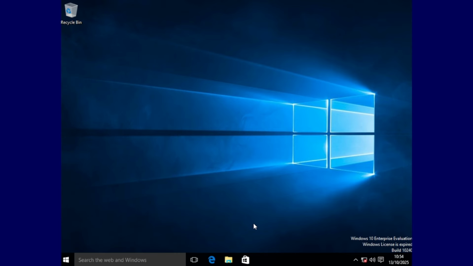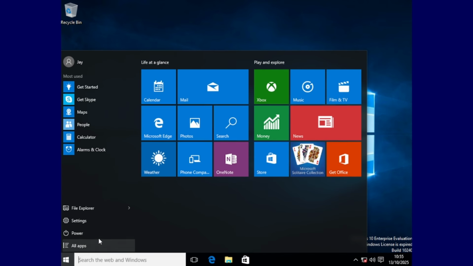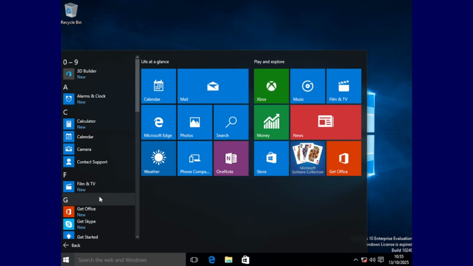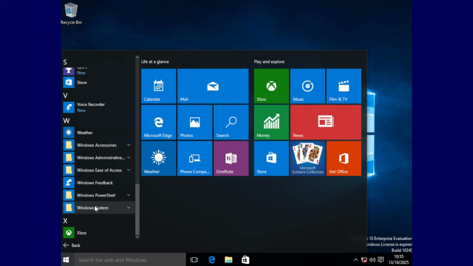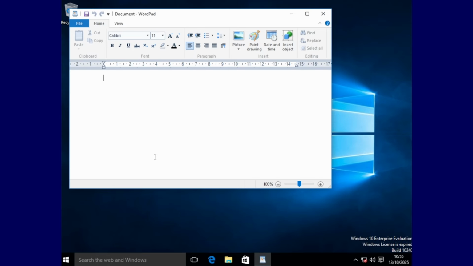Now, unfortunately, this is the first of one of my criticisms of Windows 10 and newer versions of Windows going forward. Because if I wanted to search for a document, you'd think, oh, easy, I'll just go there and I'll just type in a name and it'll bring up the document. No, it doesn't. So let's say I wanted to write a letter. So let's go and write a letter.